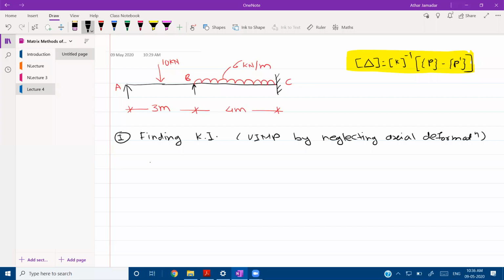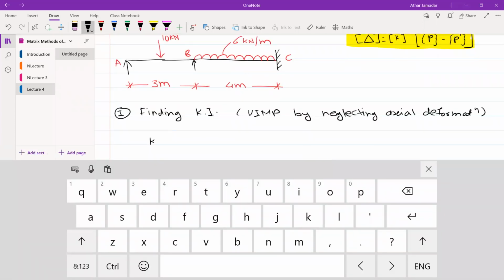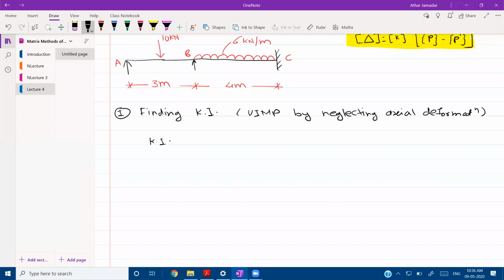Okay, so here, the formula for Ki, we know that the formula for Ki is generally for a beam 3J minus R, and whenever we are neglecting axial deformation, we are also subtracting the number of members in the beam or in the structure. So here total number of joints are 3, so 3 into 3 minus total number of reactions RA, RB, and RC, HC, and MC. So total reactions will be 1, 2, 5, minus total number of members are 2, so 3 into 3, 9, 9 minus 5, 4, 4 minus 2, 2.